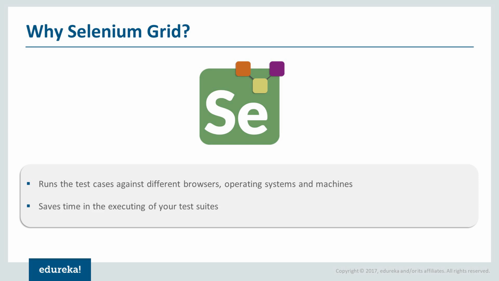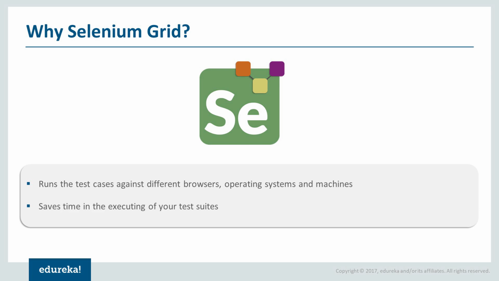So it also saves time in executing your tests, because you are dividing the test cases across multiple machines. For example, on one machine you're going to run only test cases 1 to 500. On another machine you might be performing 501 to 1000. Likewise, you split it across multiple machines, and you reduce the time of execution since they